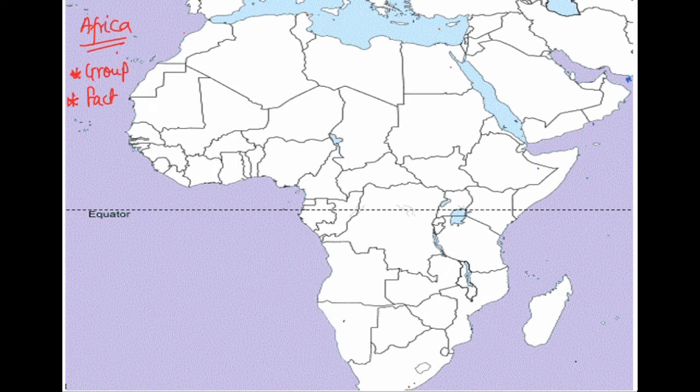So when it comes to the map of Africa, the first thing we can visibly see about Africa is that the countries' boundaries have straight lines or 90-degree boundaries. Okay, we have this straight line boundary, we have this straight line boundary, here is a straight line boundary. What is the reason for this?